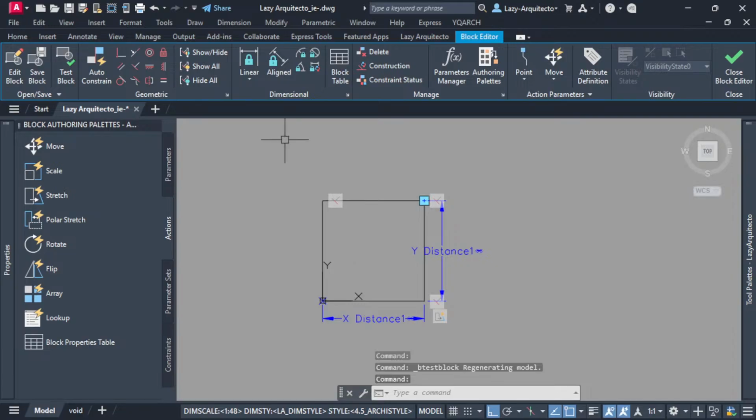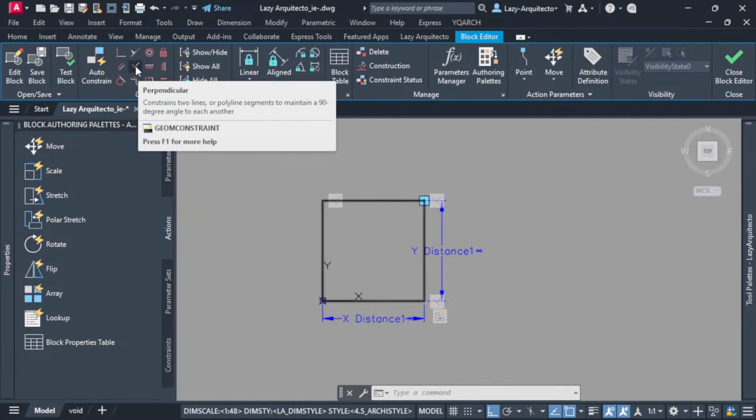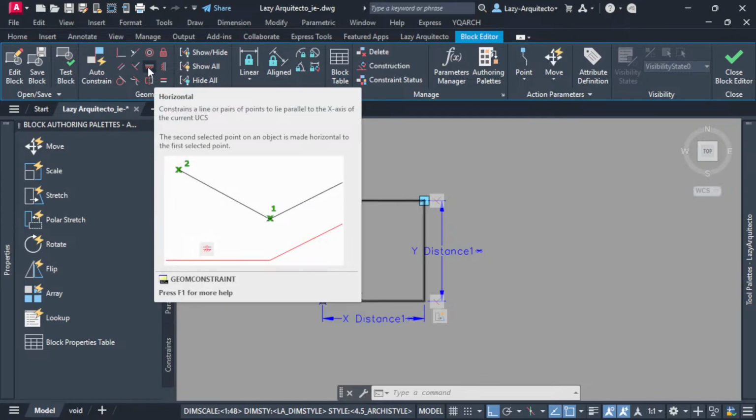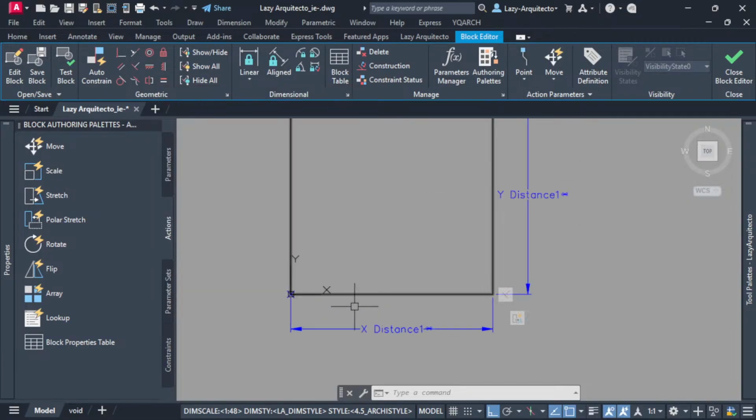The constraint that we need is the horizontal constraint. So let's go ahead and find it, because we need to somehow keep this bottom portion horizontal and not rotated all the time. So let's go back to the ribbon and let's find the horizontal constraint. It's right here. It says constrains a line or pair of points to lie parallel to the x-axis of the current UCS. And that's what we need, because look, that's the x-axis, meaning in this direction, and that's the y. So we need to keep it